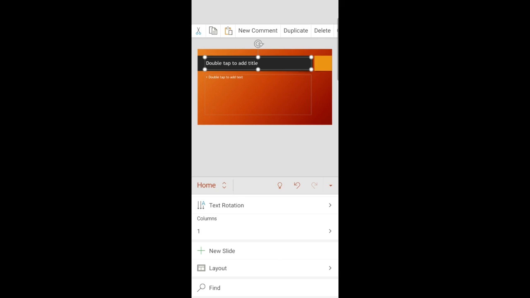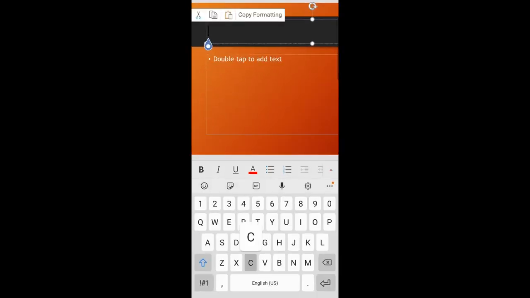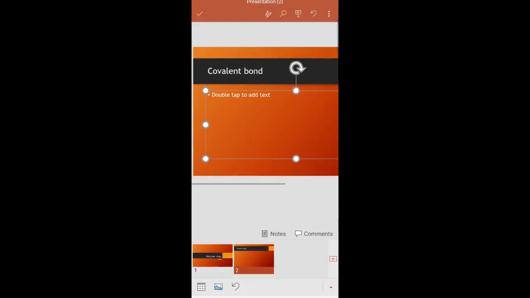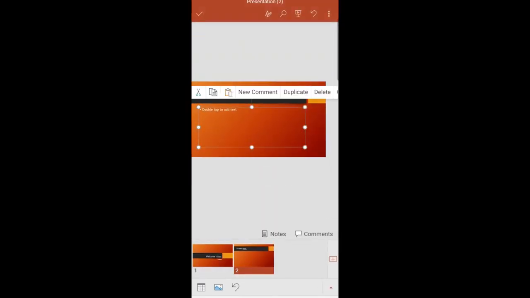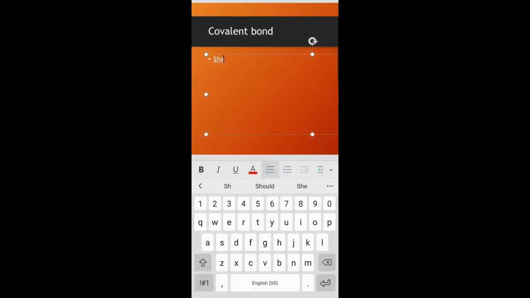You can write anything you want in the second slide as well. I write my topic, covalent bond, and I'm writing here, sharing of electrons.